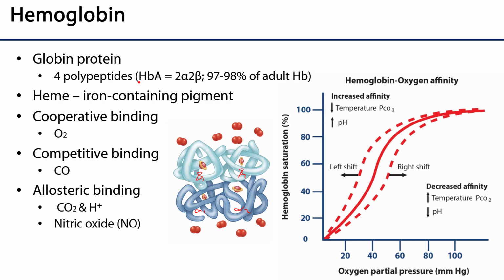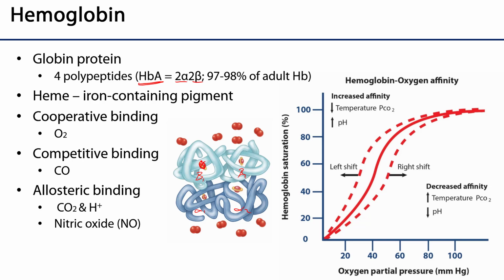So this is hemoglobin A. A is for adult, 2 alpha, 2 beta. So that's about 98% of the total amount of hemoglobin in adults, which would mean that there are other types of hemoglobin, which we'll see. So hemoglobin, there are these 4 globin proteins, and at the center of each is a heme group, porphyrin with an iron atom in the center. And that is where we can have the binding of various gases, in particular, oxygen.